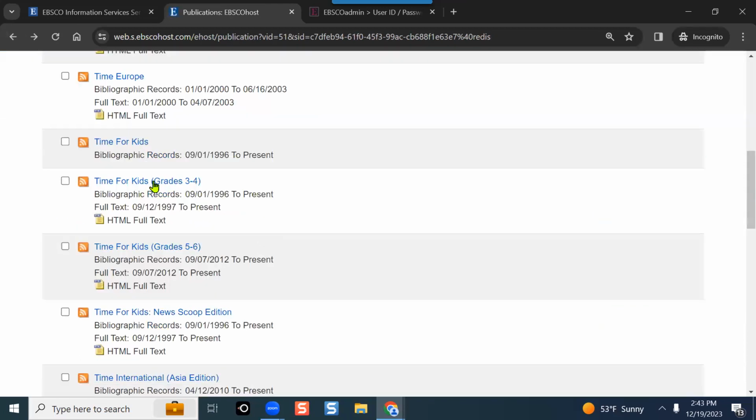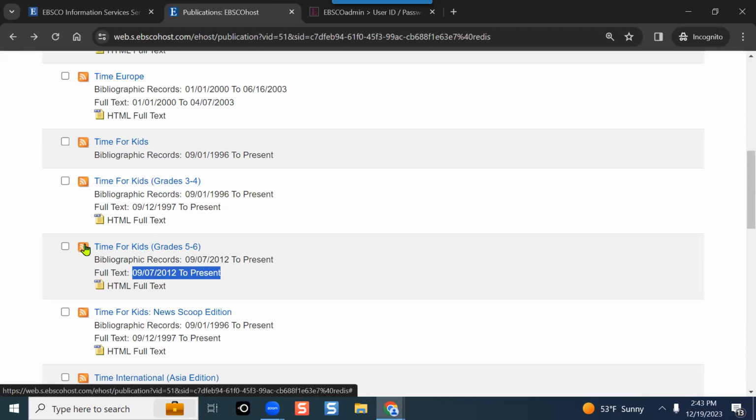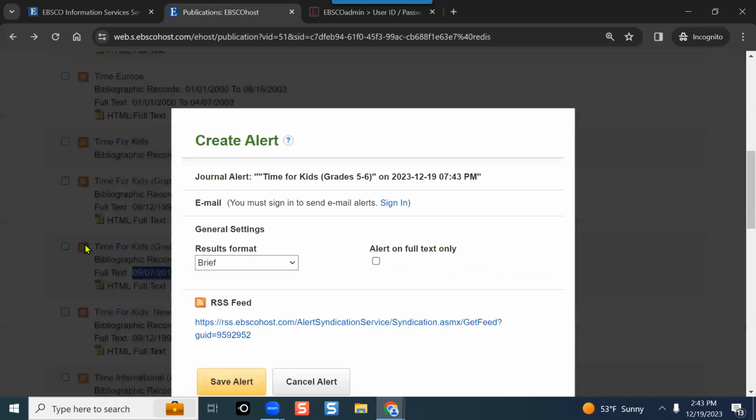Let me go back there. That one is not going to give me most recent because the full text, oh, it is to present. So, yeah, full text available to the present. All right, so now what I can do is create a journal alert. If I want to be alerted when the most recent issue becomes available within EBSCOhost, I can click that